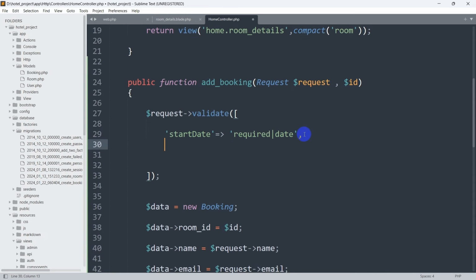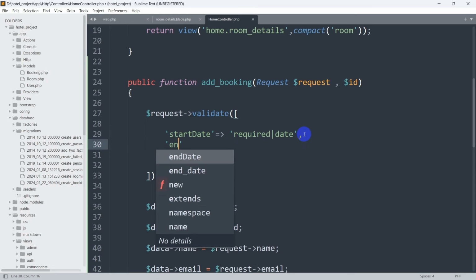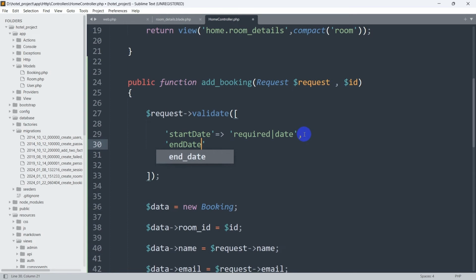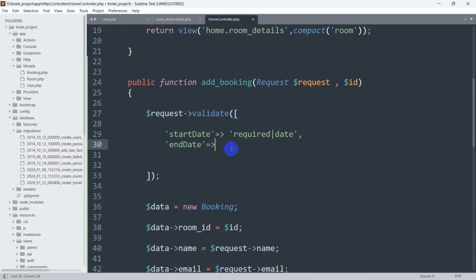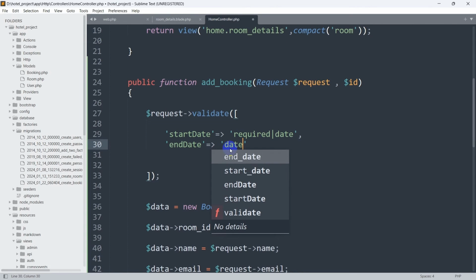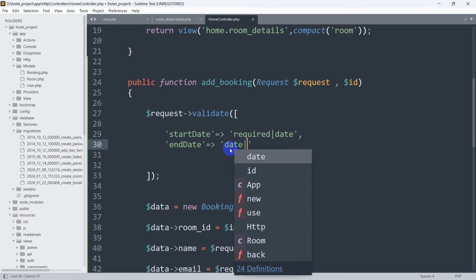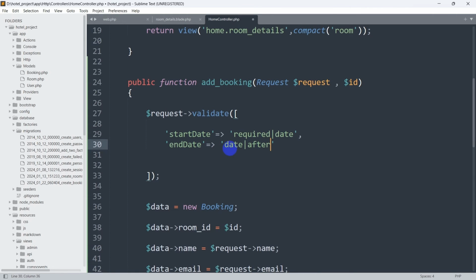So after this, we are going to give again a single quotation. We say here end date equal to, is greater than. This will come from here. Okay, so this time we'll say here date first, then this sign,